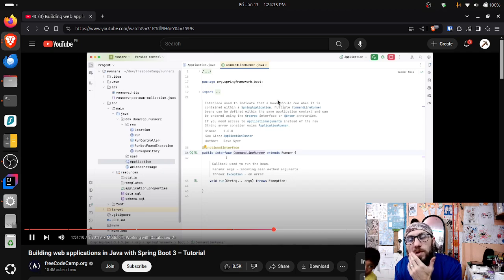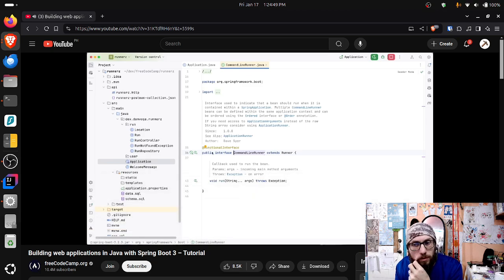If you're a little bit new to Java, a functional interface is an interface that has a single abstract method. So in this case, that method is run. And because it's a functional interface, it can be used as a Lambda expression. A Lambda can target this. So you don't need to create a class that